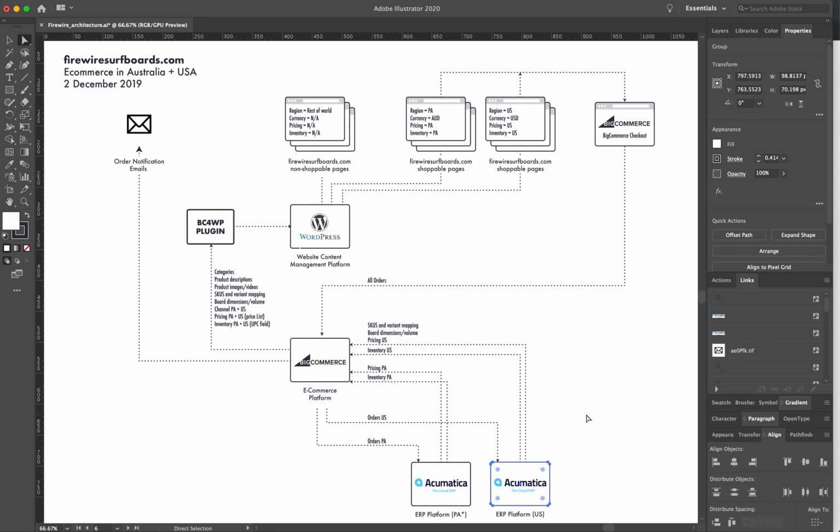The tech stack is really three layers. We've got Acumatica ERP, a single instance for each region, one in the US, one in Australia. Both of them push data into the BigCommerce instance. We get all product information from the US Acumatica instance, and then we get pricing and inventory information from the Australian Acumatica instance, and that is all pushed into the product catalog in BigCommerce and into price lists in BigCommerce